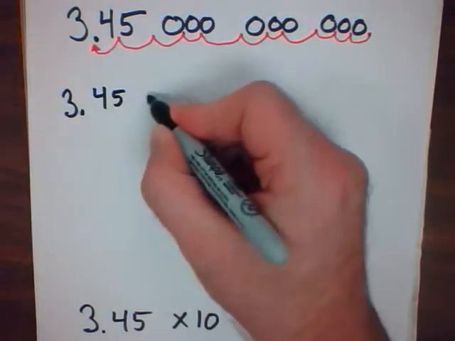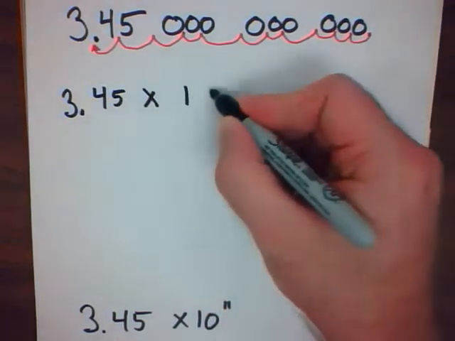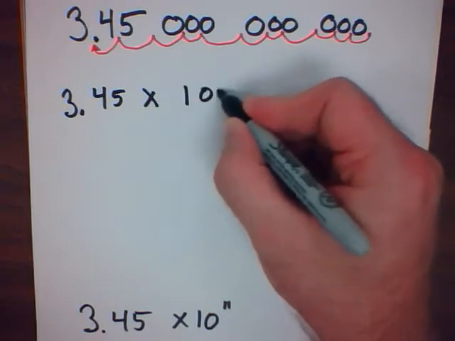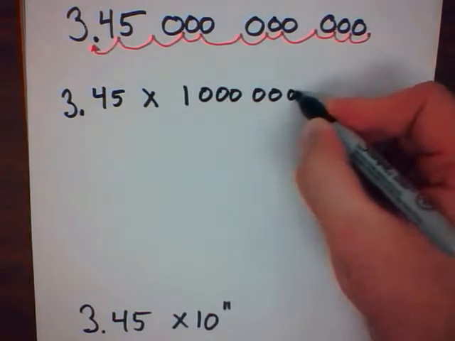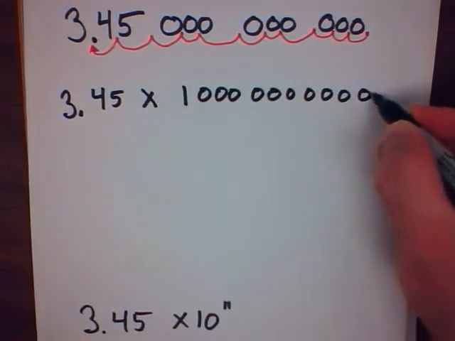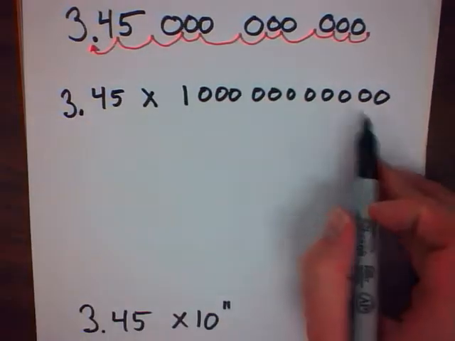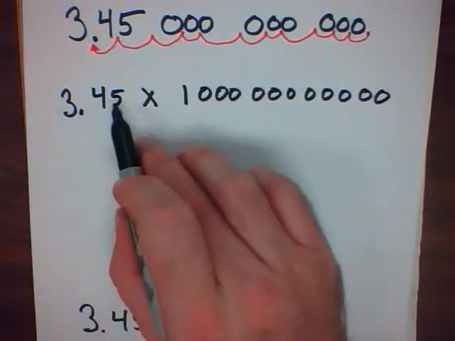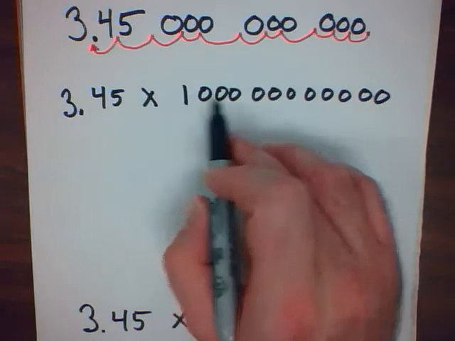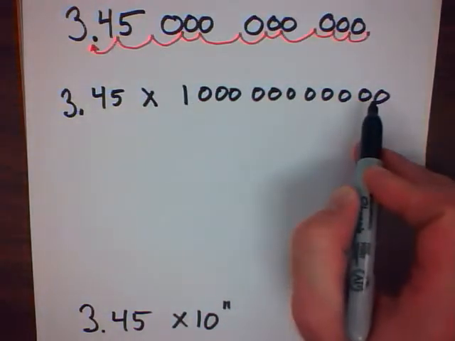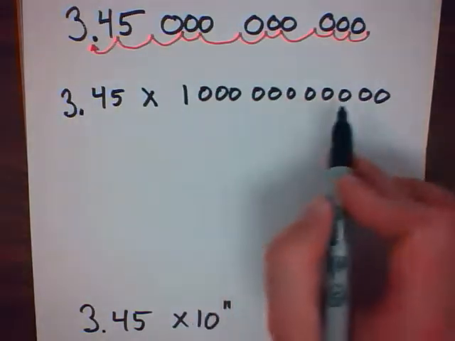3.45 times 1, 2, 3, 4, 5, 6, 7, 8, 9, 10, 11. This is the same as that. It's 3.45 times this really big number. What's an easier way of writing this? Well,